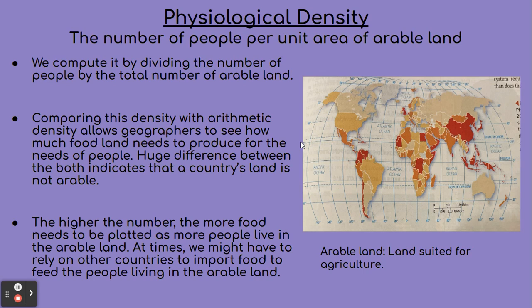An example can be seen in Egypt, which has a huge difference between both densities, indicating that its land is not suitable for agriculture. As a result, all but 5% of the country's population live in areas near the Nile River where the land is moisturized and available for agriculture. The higher the number, the more food needs to be produced as more people live on the arable land. At times, we might have to rely on other countries to import food to feed the people living on the